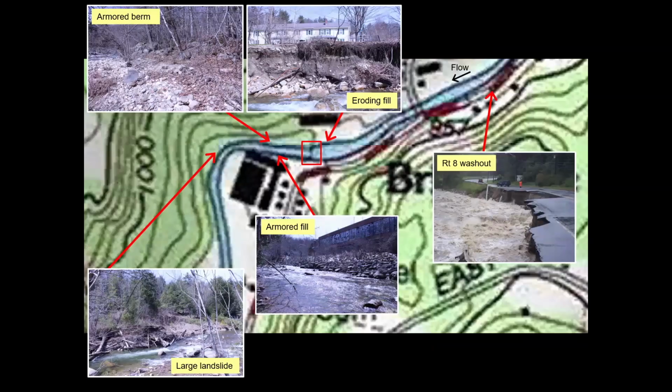Lots of problems at Briggsville, lots of questions at Briggsville. A hydraulic model would help answer some of these questions. The Highway 8 washed out just upstream. Was the dam removal in any way linked to that? A hydraulic model would help answer that question. Did velocities increase with the dam removal in this area? Don't know yet. This eroding fill, this was artificial fill, is this eroding bank here?